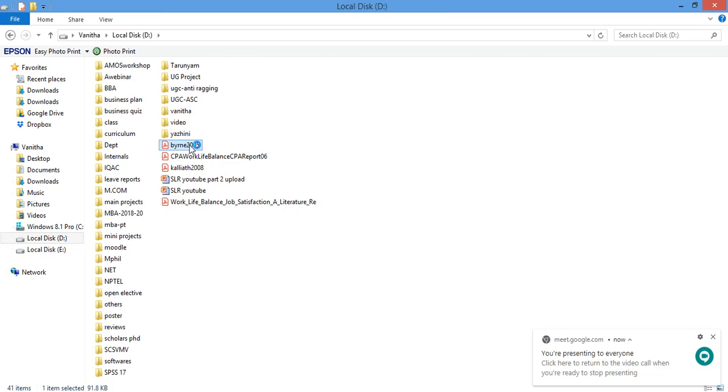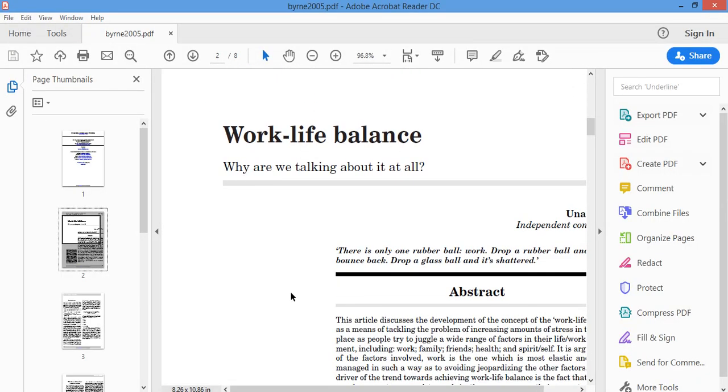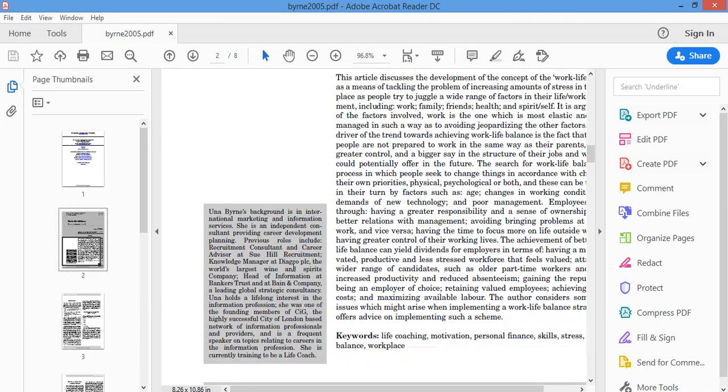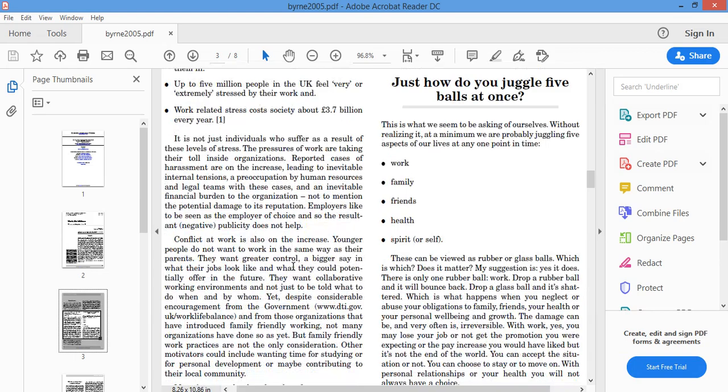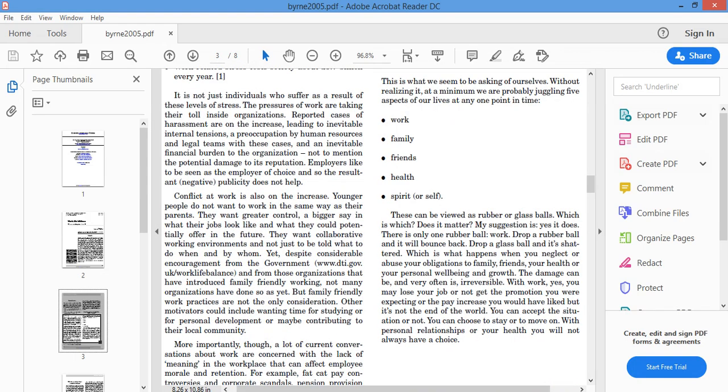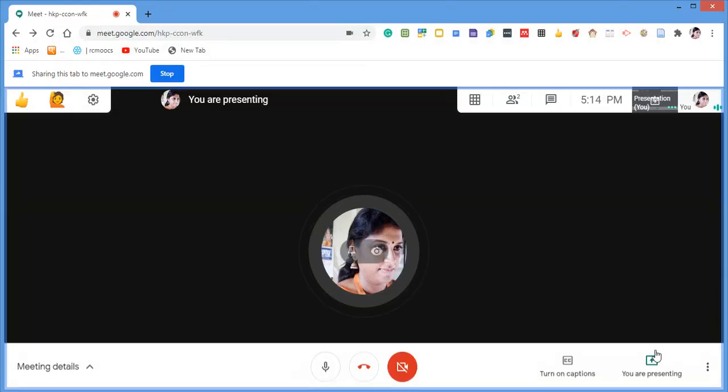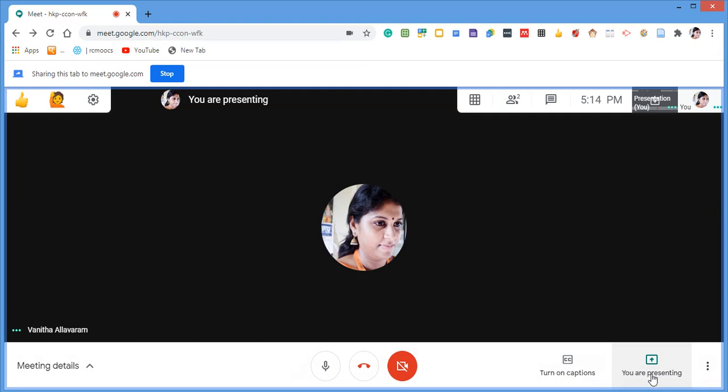For example, this is my paper which I want to show. Then I can show the paper or the presentation which I want to discuss, and then I can talk about that. It will show whatever I am sharing to the screen.